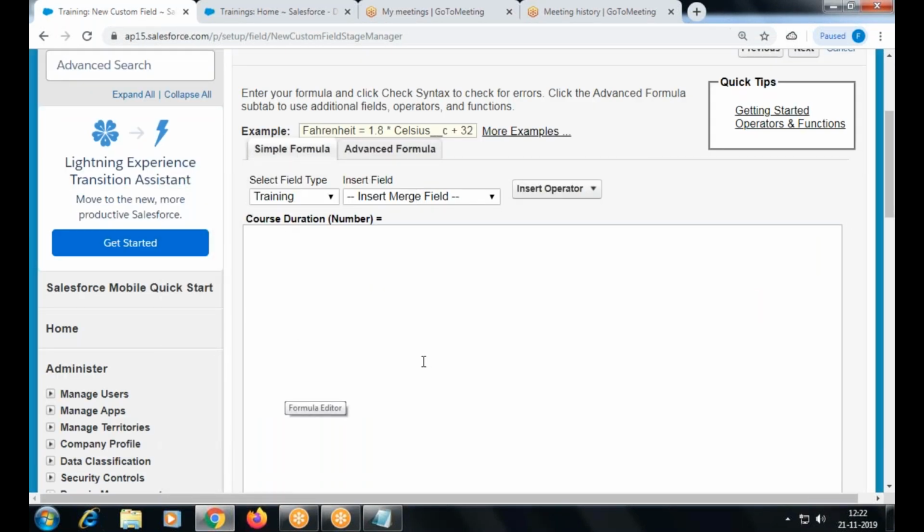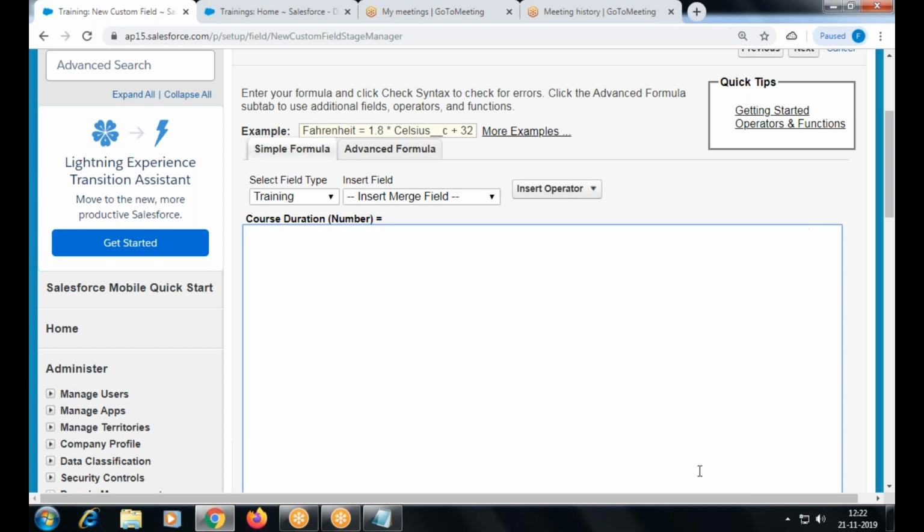You are seeing a similar text editor, right? The one you used to set the default value, right? A similar box is appearing. There is a simple formula and an advanced formula. In simple formula, you only select a field from the current object. Okay. If you go with the advanced formula, what will happen?